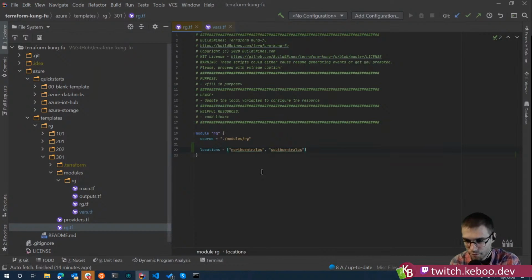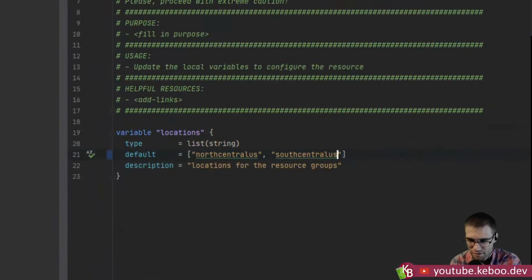So, I kind of led you into that, right? Because remember here, folks, this default is just a default. All it does by having the default is keep me from having to pass a variable, because it's a variable. I have to pass a value. Remember earlier when we did the dash var, and then in the single ticks, I would have to say locations, because this one has an S on it, and then equals, and I would have to pass an array like this, right? Or sorry, an index.